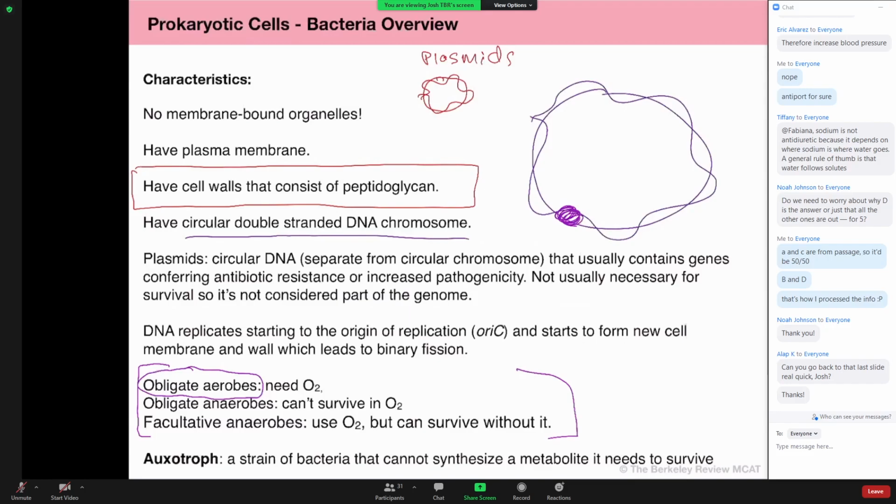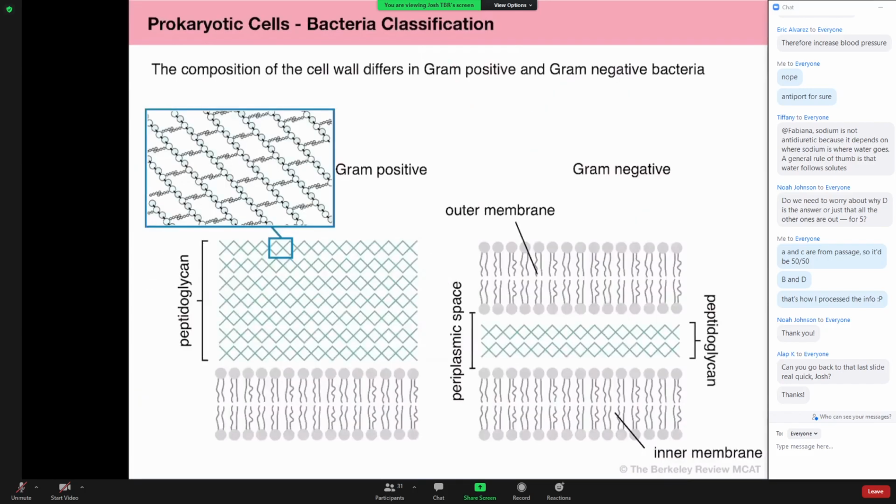Okay, and for the MCAT's sake, and for really molecular biology's sake, when we talk about bacteria, they're so useful because you can create these species that are auxotrophs, right? Which means that it's missing something that's critical for it to survive, which is the setup for a lot of genetic engineering experiments. It's the setup for testing metabolic pathways. And we'll get into that. But first, let's talk about